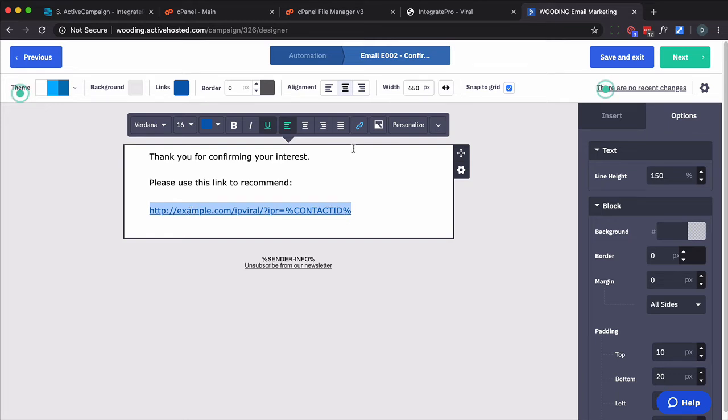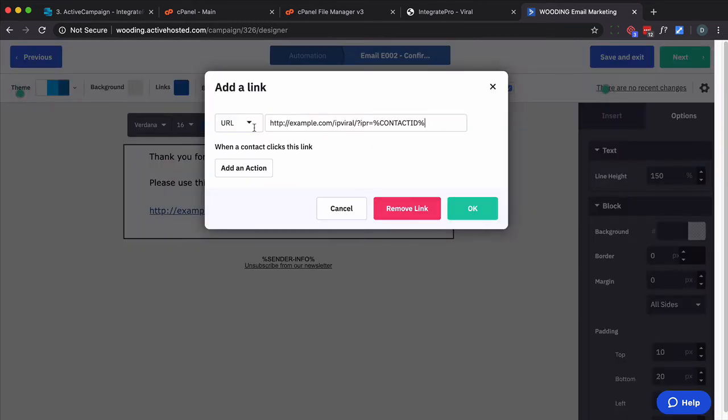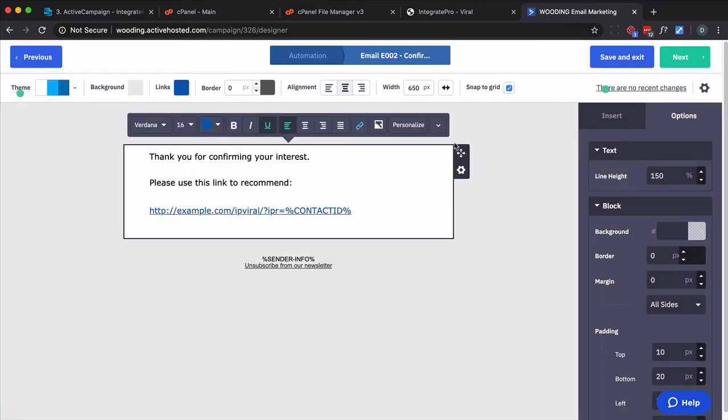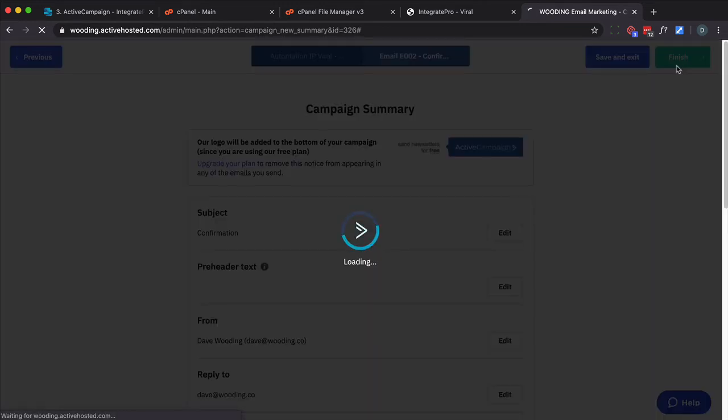And notice I've highlighted it. If I go here, it's also there. So you have to make sure it's in here, and it doesn't have to be in the text. You can hyperlink a word, but it has to have this link structure, IP virals, question mark IPR equals % contact ID %. This is the link that your promoters are going to use to get other people interested in your service. Click on finish,